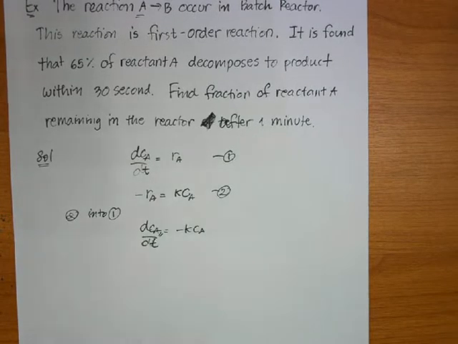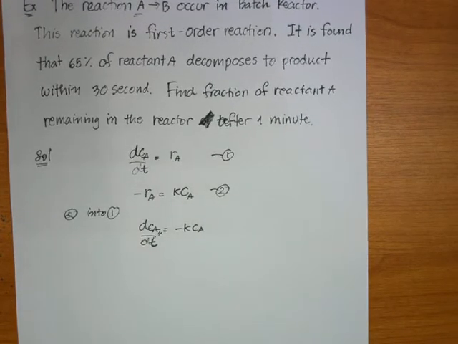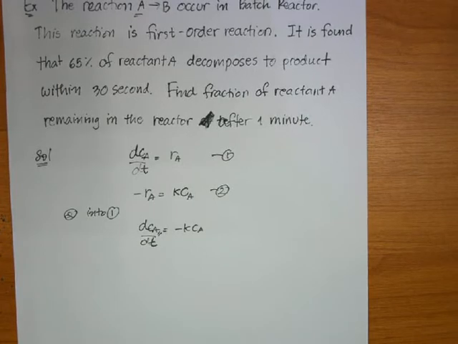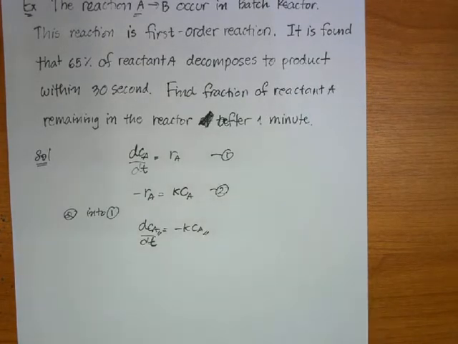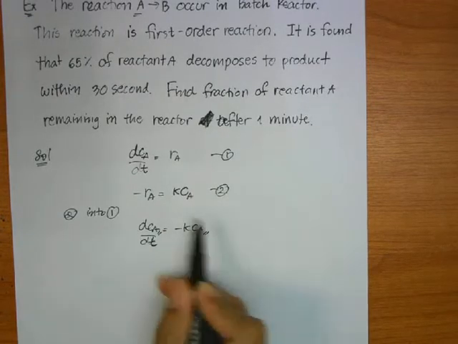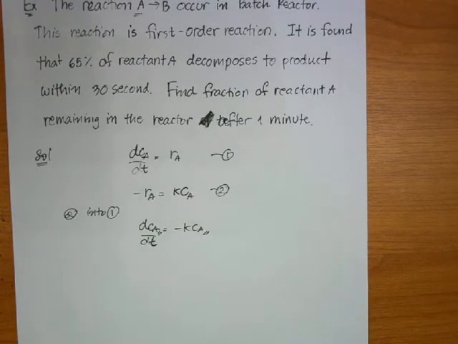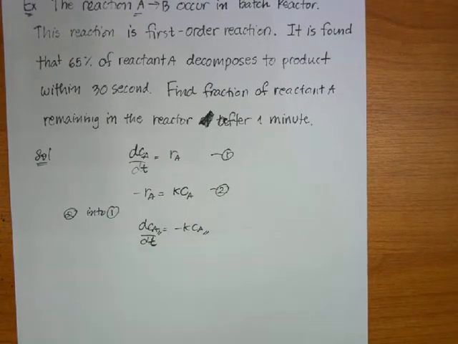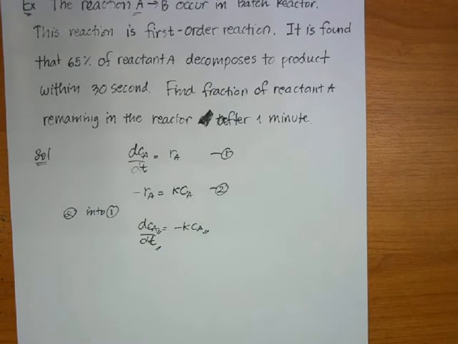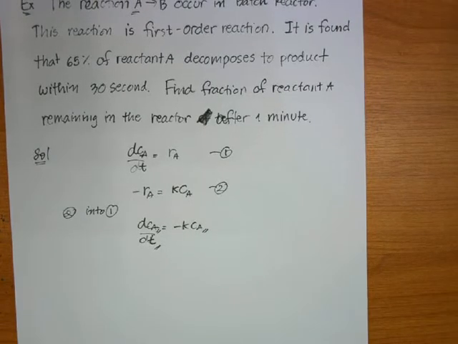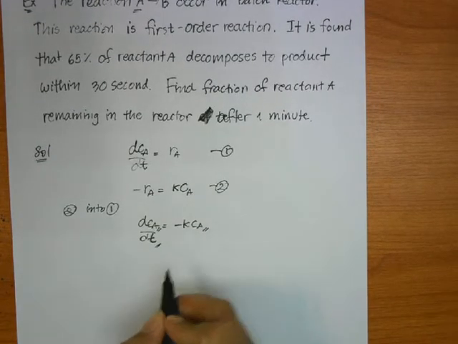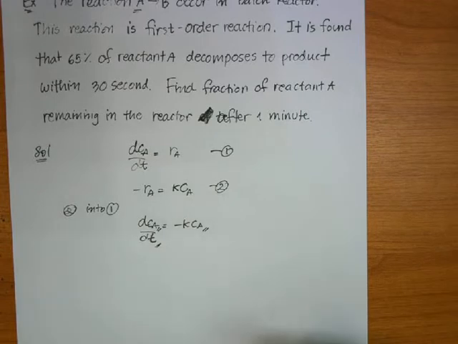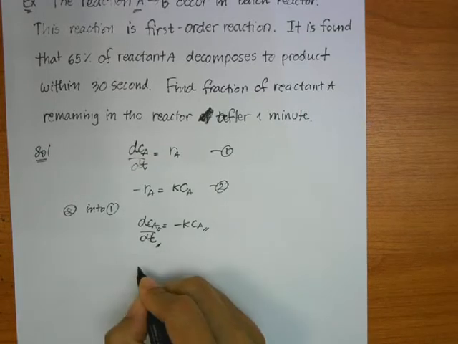Now we have a first order differential equation, right? In order to find CA, you have to solve this differential equation. T is time, okay? This one is a separable equation. K is a constant, okay? So the way to solve it,